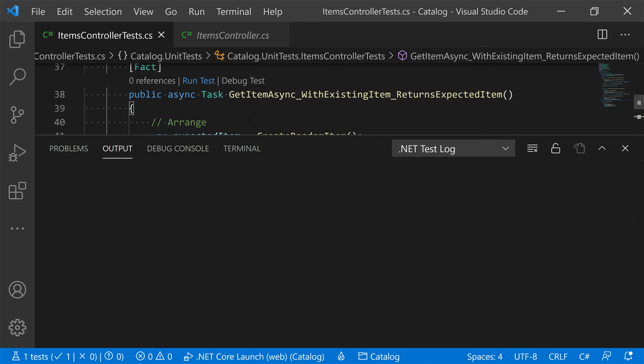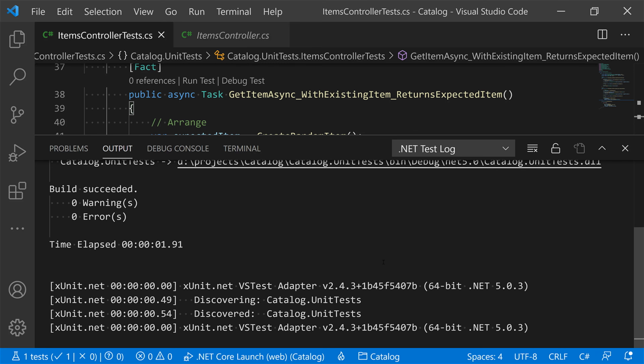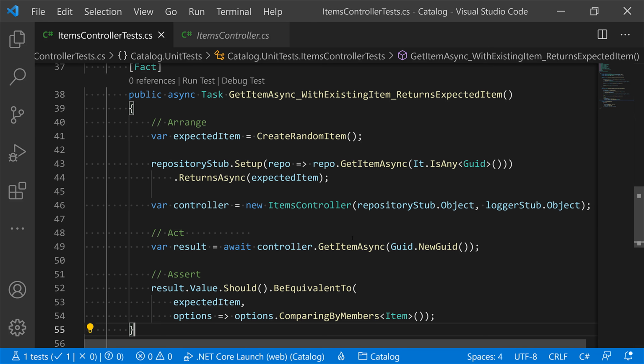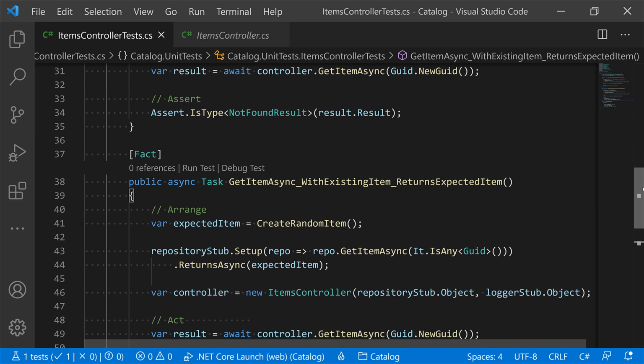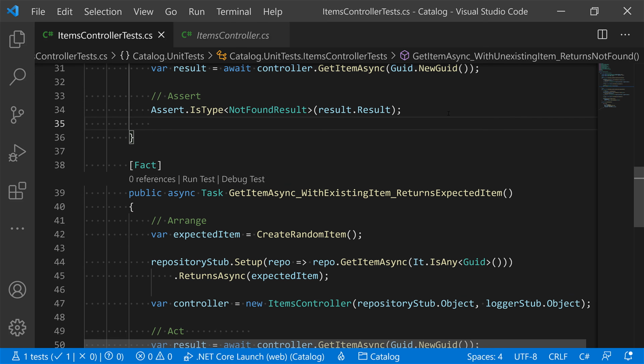So we'll go ahead and click Run Test. Yep, and the test case is passing. And just like we did this, just to keep things consistent, let's also modify the previous test to also use FluentAssertions. So in this case, this is going to be